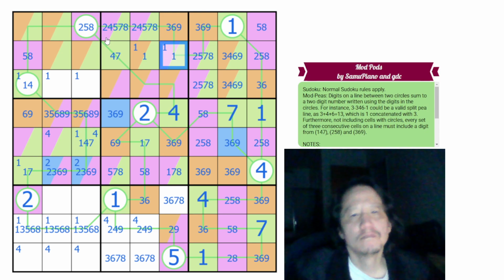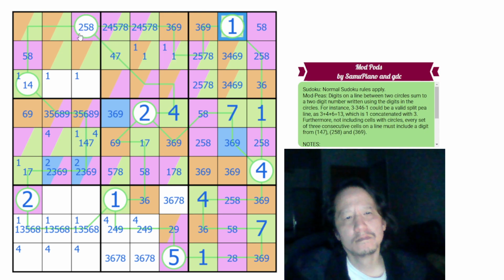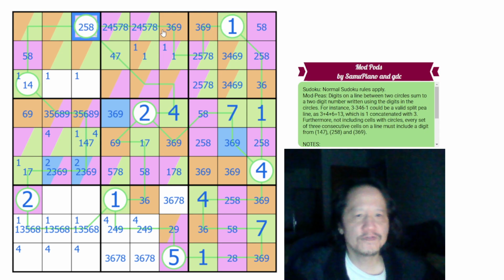Hold up. What can this be? This can't be 51. Because this would be 6, 7, 8, 9 at most. And this would be 8, 9 at most. So that would be 30 plus 17, which is 47. So you can never get 51. Can you ever get 15 or 18 is the question, right? 15,